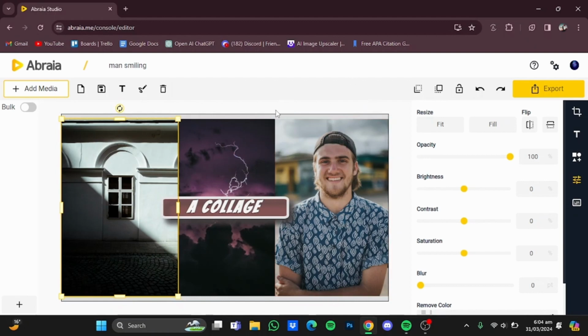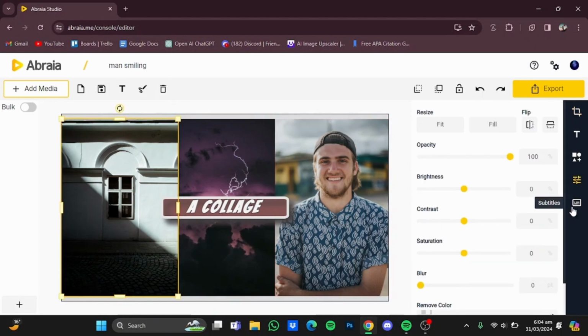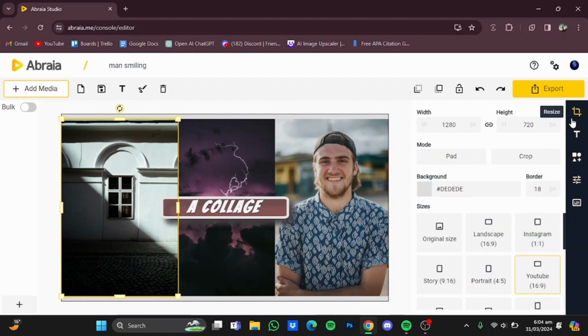So here, as you can see, three pictures in a singular frame have all been edited together, and you can use the text, and you can also edit each photo differently. As I told you here, you can add different text, shapes, and you can also resize the picture according to your needs and desires. And after you're done with that, you will have to click on this export button right here,